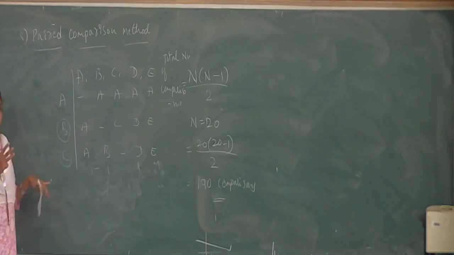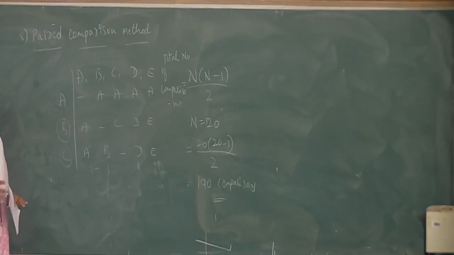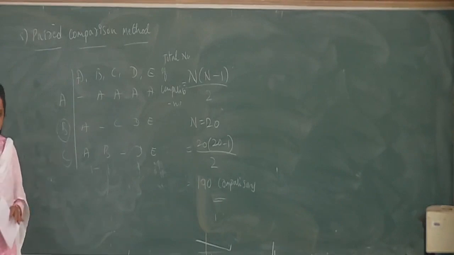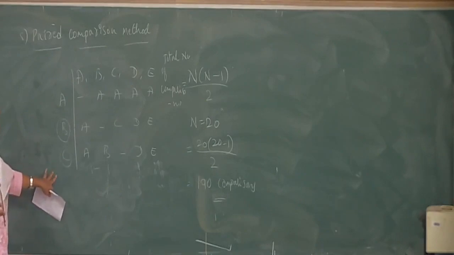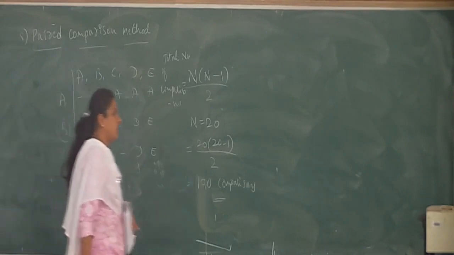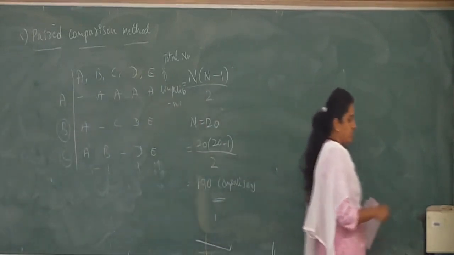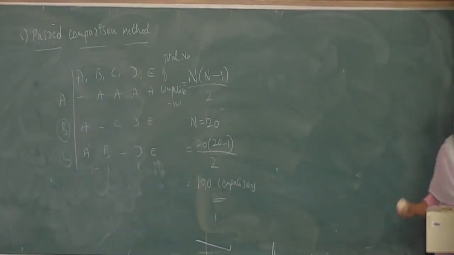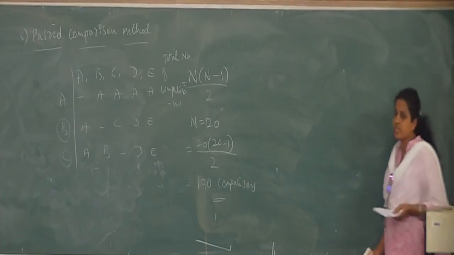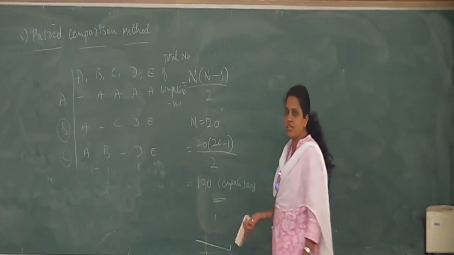Okay. Like that, they are going to compare the performances of the employees and find out who is the best, who is the excellent performer. And based on that, benefits and incentives are given to the employees. Okay. So the only disadvantage or limitation of this method is that it is a very time consuming and lengthy process. Okay.